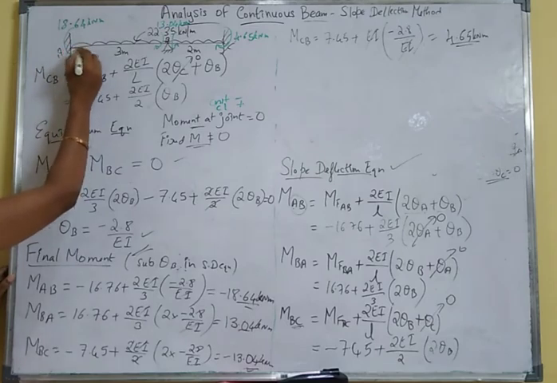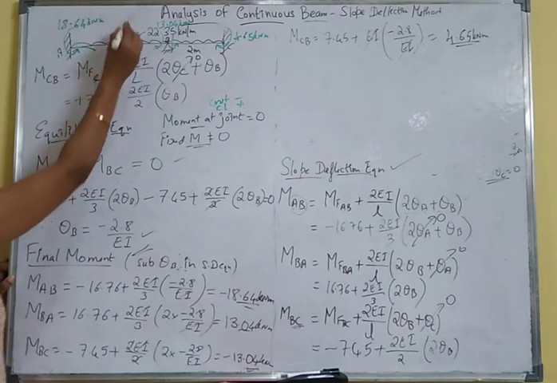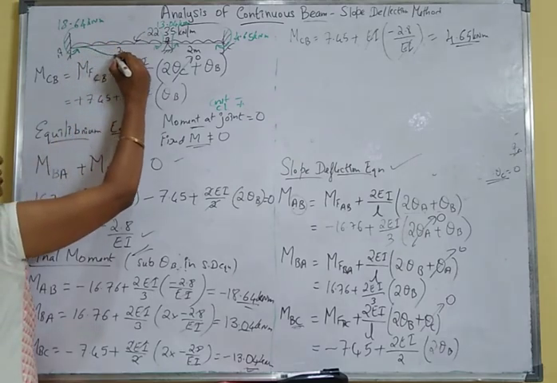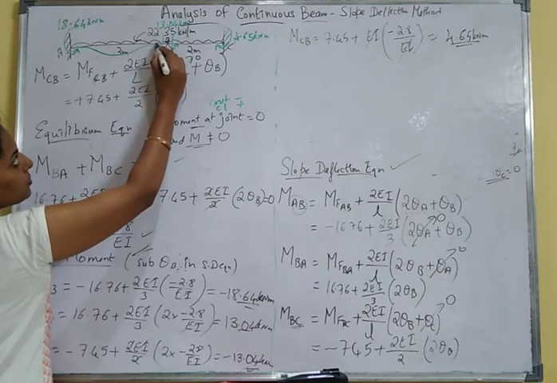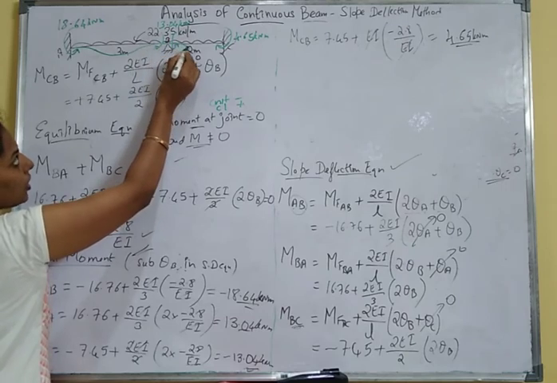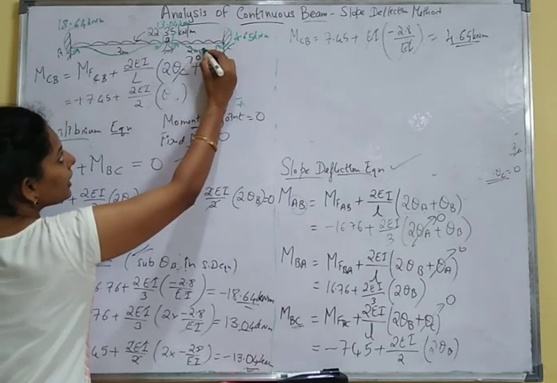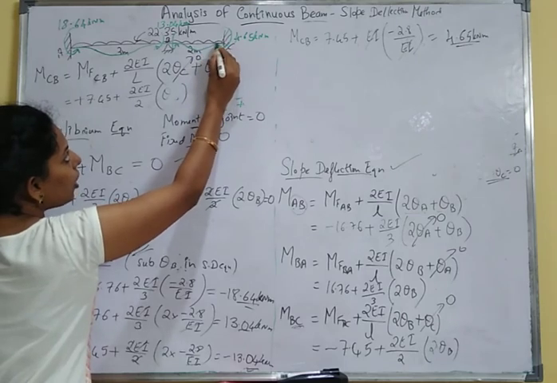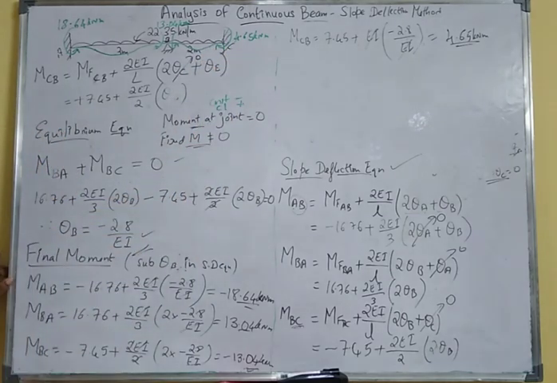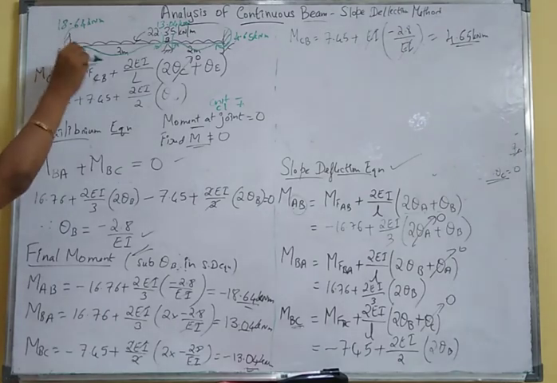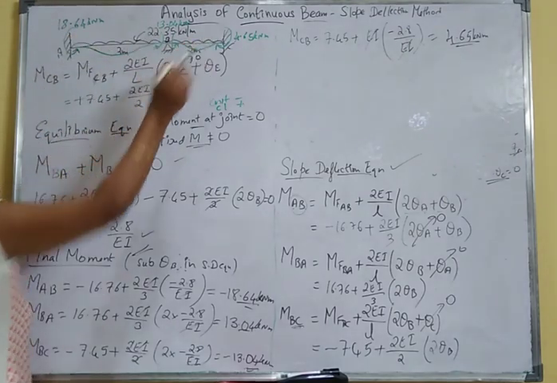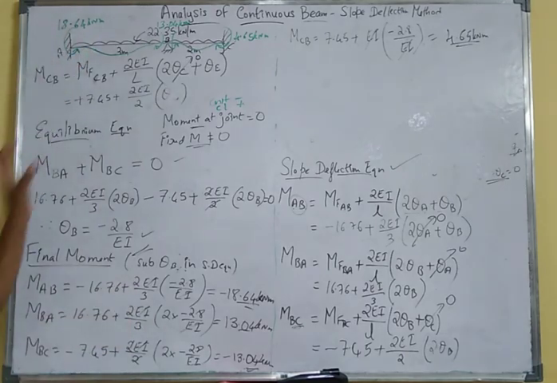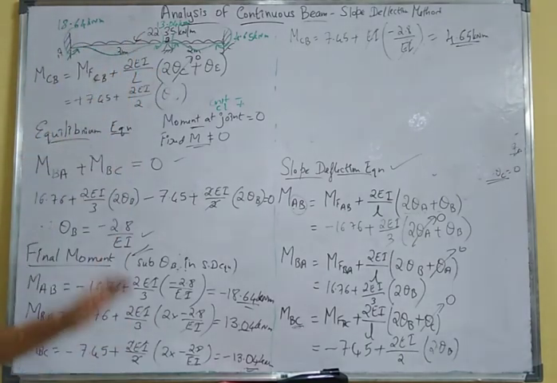According to that you can draw the elastic curve. Here it pushes the beam up, so it will be like this, and this is downward sagging. Here again it pushes the beam up, so it will be hogging, and again it is sagging, and at this point again it will be hogging. Here the rotation will be equal to 0. There is no rotation angle over here. So this is your elastic curve, how the beam deflects.